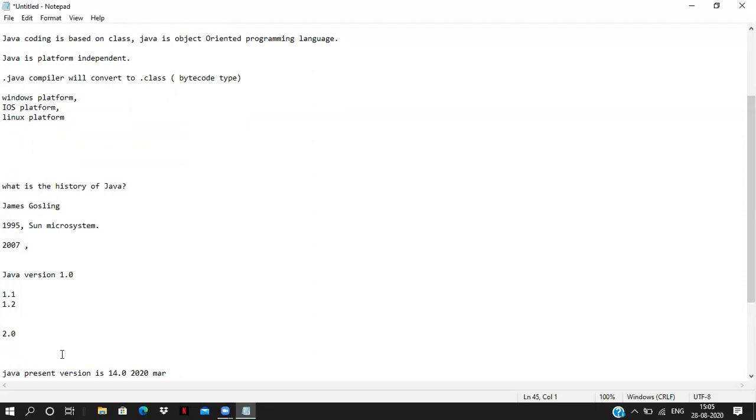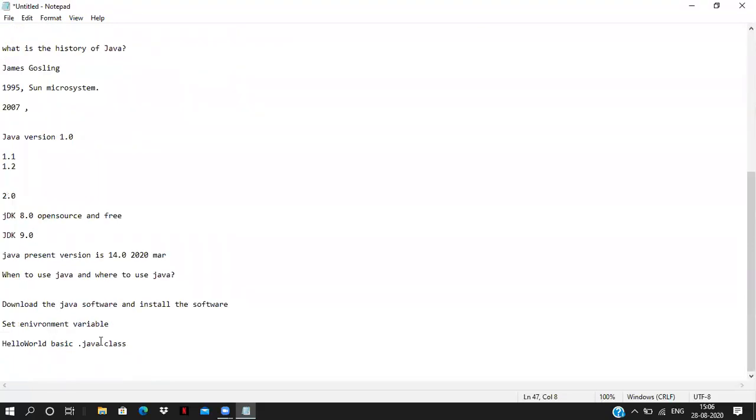Now here we have to understand one more thing. Till JDK version 8.0, we can use the Java software freely. It is open source. After JDK 8.0, you can use JDK 9.0, 10.0 and 11.0, 14.0,